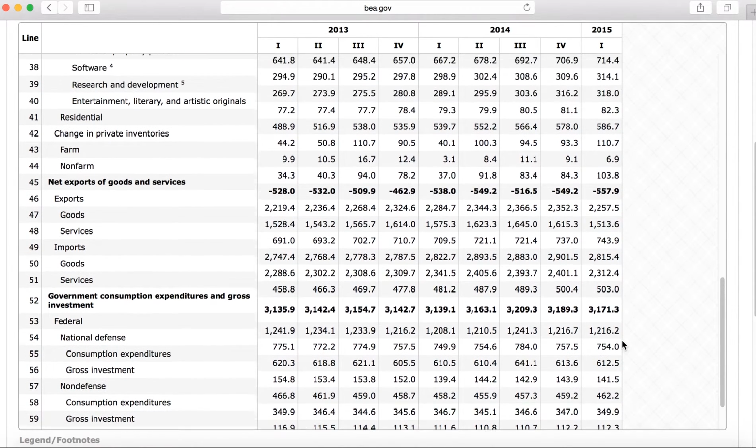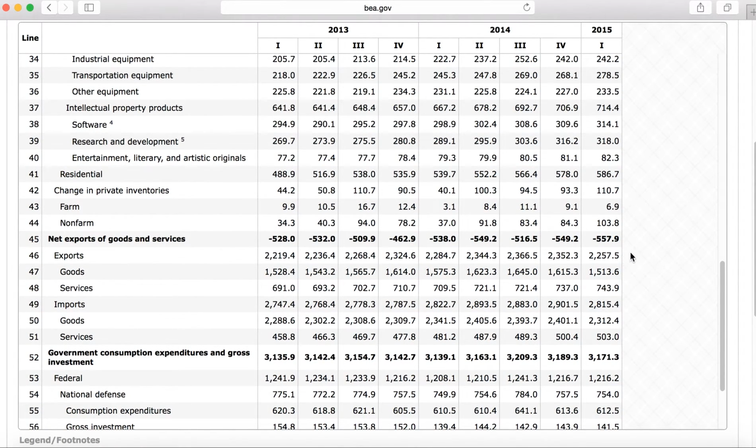Now if we scroll up, we can get to that last component of imports and exports. As we saw before, we are an importing nation. Our net exports are at a deficit. That's why this number is a negative. It's been negative for quite a while. We did have a surplus when trade was kind of in its infancy for the United States. Up until the 1930s even, we had a trade surplus,